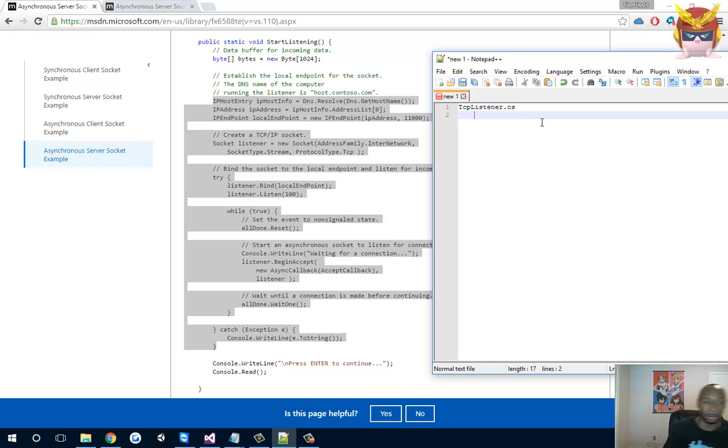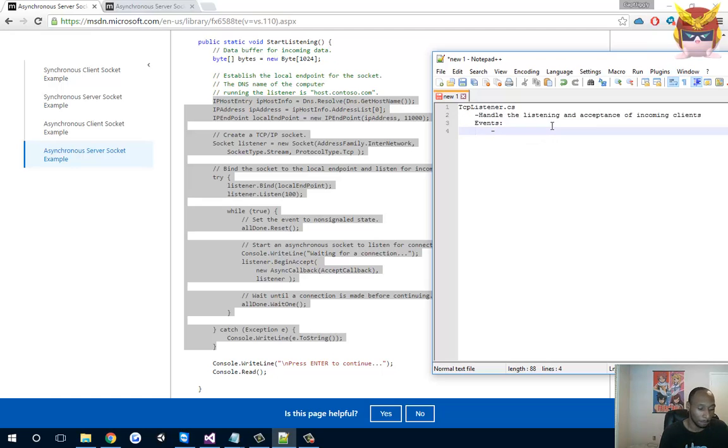And what this could do is handle the listening and acceptance of incoming clients. So this block of code, we could wrap up into TCP listener to handle all this stuff for us. And we could have events,